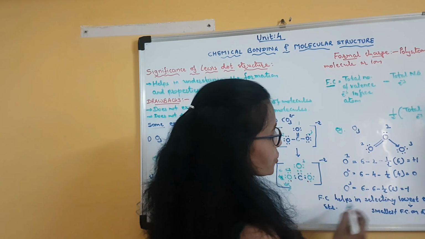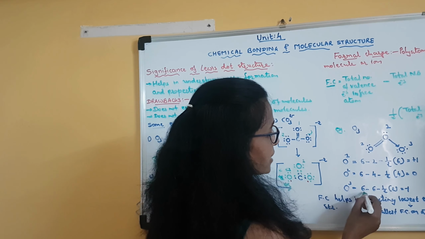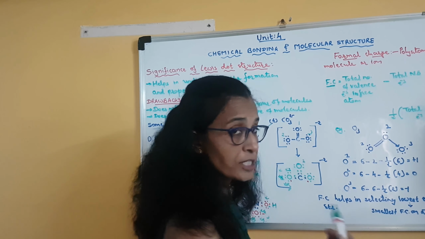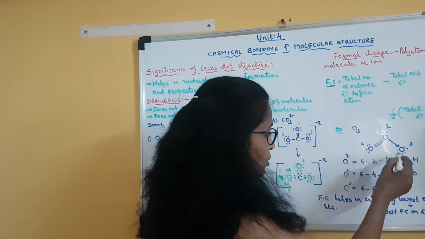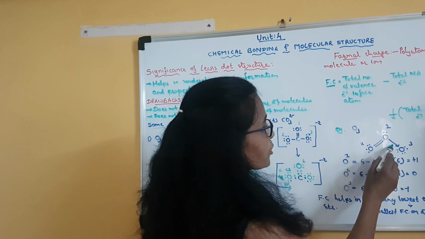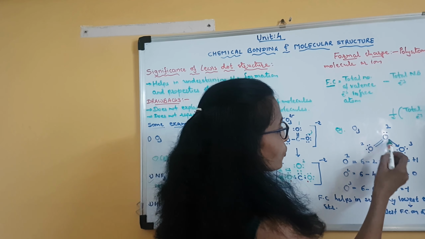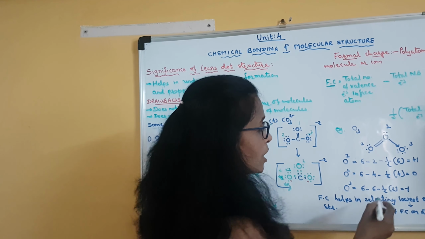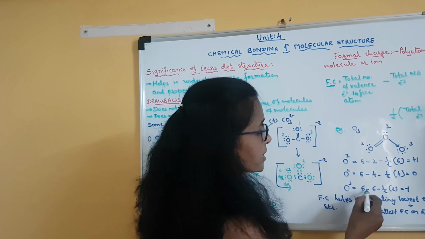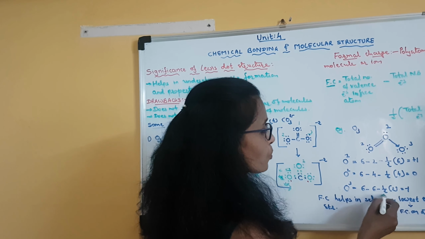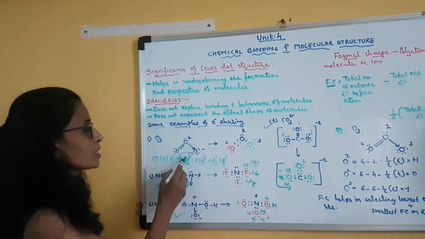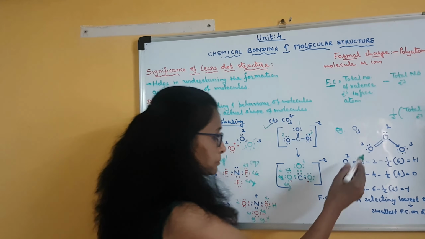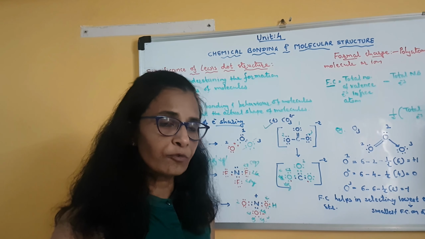Then O3, third oxygen. Number of valence electrons is 6. Number of non-bonding electrons is also 6. It has not utilized any of its electrons. So it is also 6. And bonding electrons are only 2 because there is only one bond between first and third. Clear? And in this bond there are 2 electrons. So 2 bonding electrons are there. So 6 minus 6 means 0, minus 1. So it is minus 1 charge. So in this structure third oxygen is assigned minus 1 charge. Clear? This is how we can calculate formal charge.